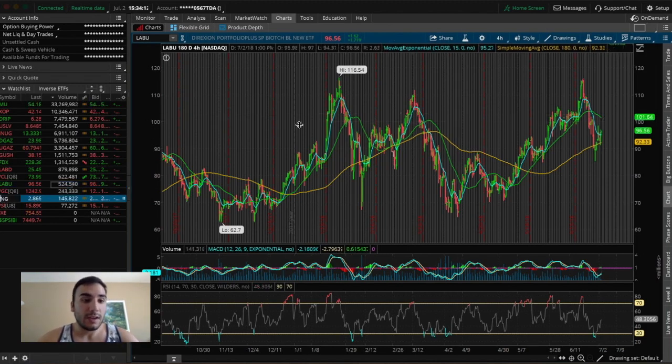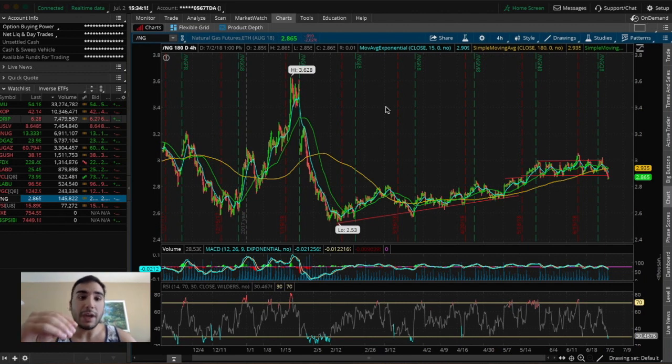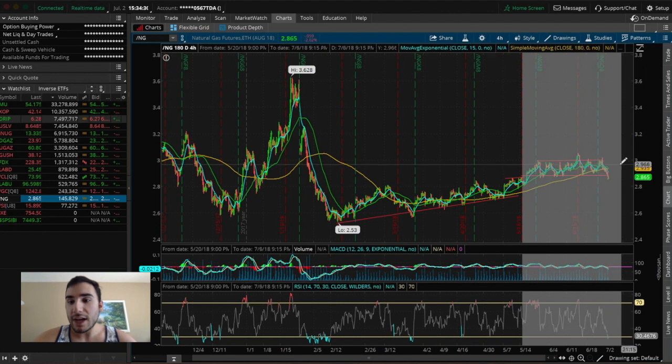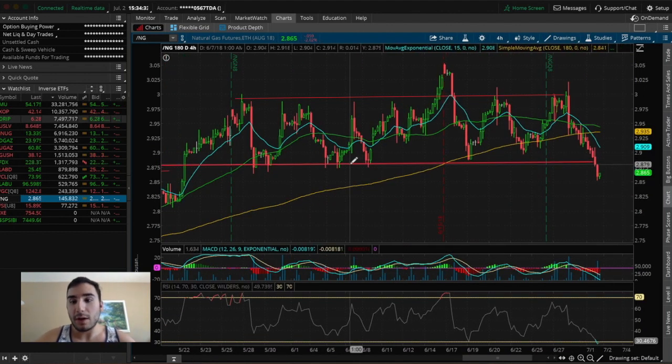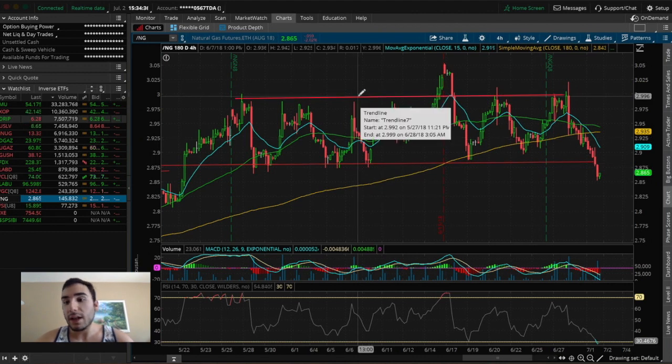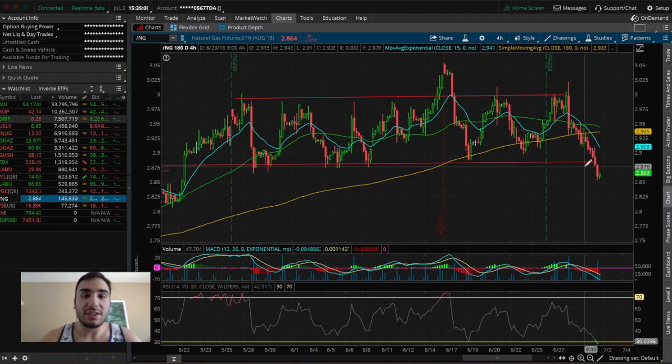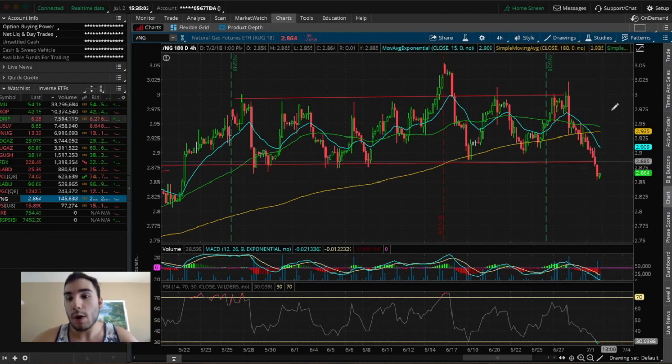Another one that I'm currently in is the natural gas ETF, which is UGAS. UGAS is the bull ETF, meaning that whenever natural gas, this commodity, is going up in price, the one I'm currently in, UGAS, is going up in price as well. We can clearly see that natural gas kind of broke away from the pattern it was on, from about $2.90 up to about $3. It's at about $2.86 right now, which is why I'm only in with a smaller position in UGAS, because I am a little bit fearful that natural gas could continue to go down since it did break this pattern. But since I do see some value in natural gas going back up in price,